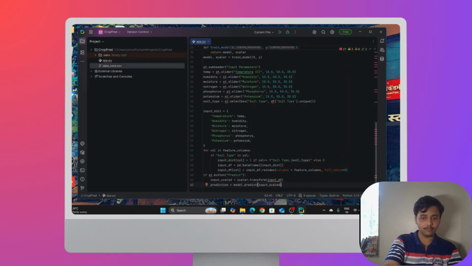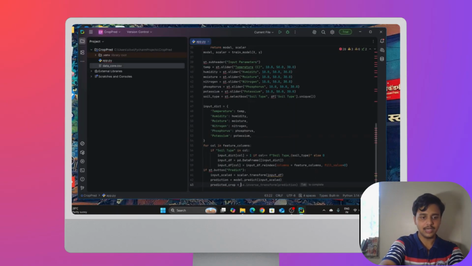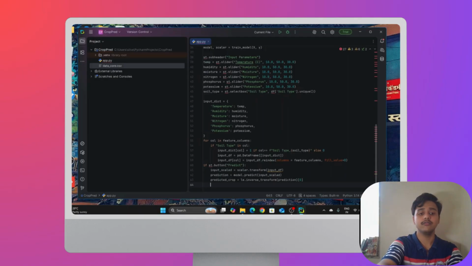Now for predicted crop, we are going to write predicted_crop, which is equal to le.inverse_transform of prediction, and this should be indexed as 0, which converts the number back to the crop name.